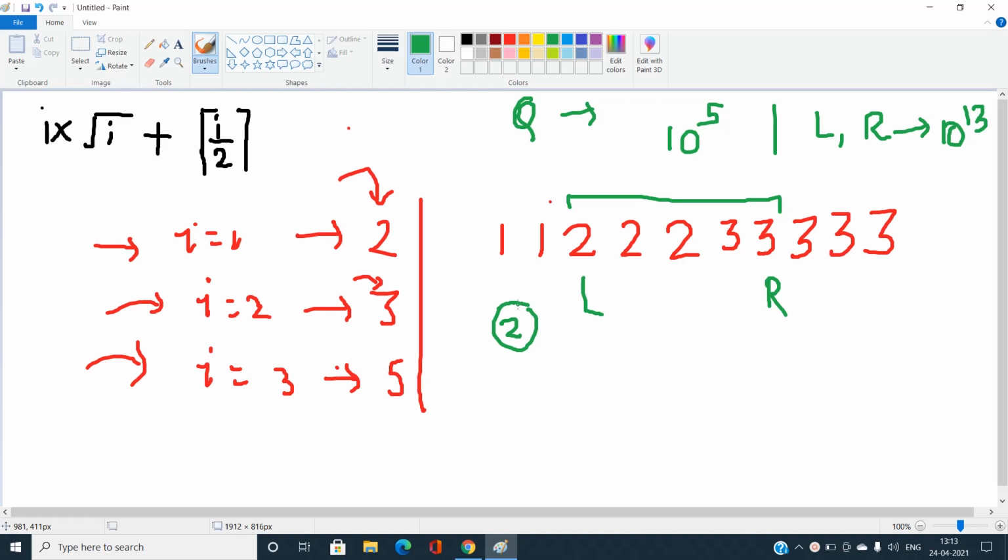Now, what is the brute force approach? What is the very first approach that should strike your mind? For every query I should build up this array, or just pre-calculate it, of size, I don't know the size, but R is going to be a maximum of 10^13. So you would build an array of size 10^13, which is going to be invalid. Why? Building an array of such a big size will give a memory limit exceeded verdict. Building an array of size at most 10^7 is valid, but you cannot build an array of size 10^13.